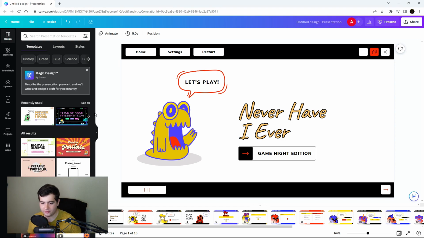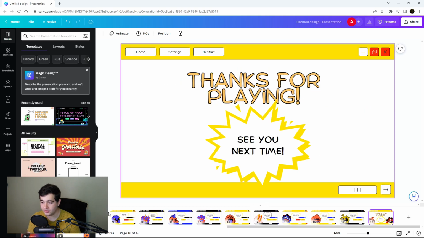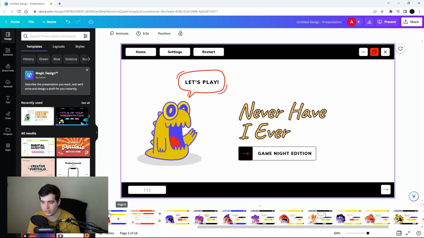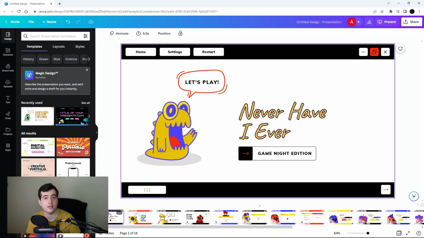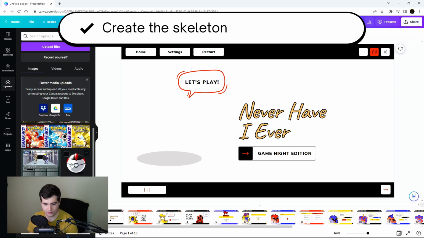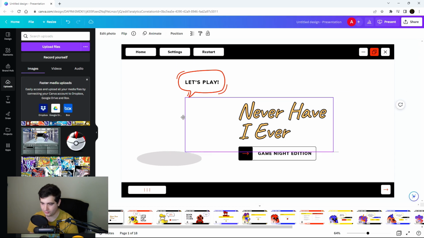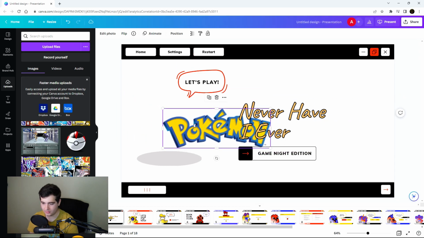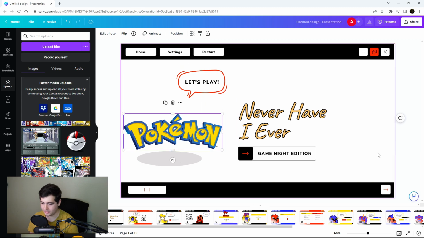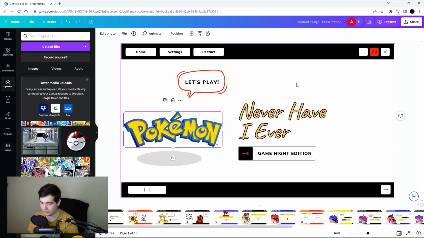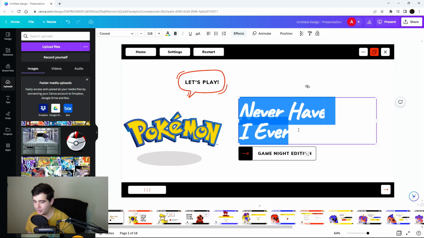So here on Canva, I've found a template that I really like. I thought it was super cute, very easy to understand. So I will be using this template and filling it out with my information. So I've determined my rubric, I've determined the points I want to hit. Now we're gonna fill out a skeleton. So I am going to create a front page to introduce the topic. I don't know. I am beautifying this